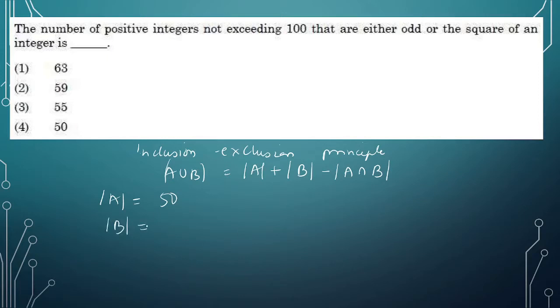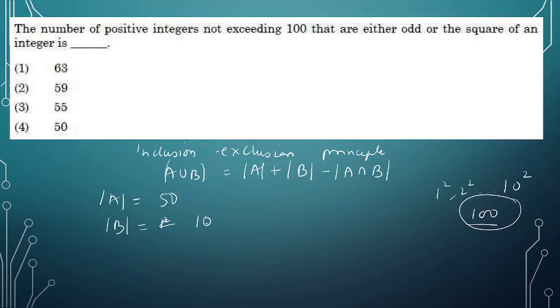कौन से इंटीजर तक का स्क्वायर 100 तक आता है? मतलब 1 स्क्वायर 100 के अंदर आता है, 2 स्क्वायर 4, that is less than 100. So 10 square is 100, right? So see, 1 square, 2 square till 10 square, whatever integers are coming that are within 100. So how many integers का square are coming? 10 integers का square is coming. So ये जो set B होगा वो 10 है. Okay, number of elements in set B would be 10.